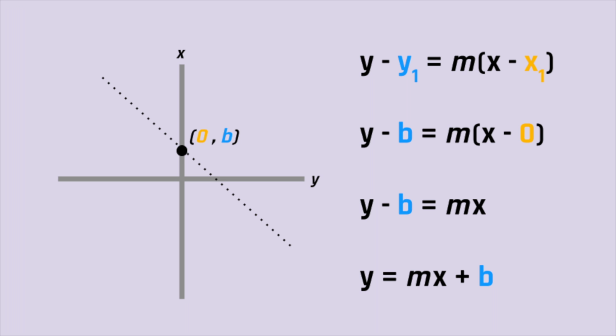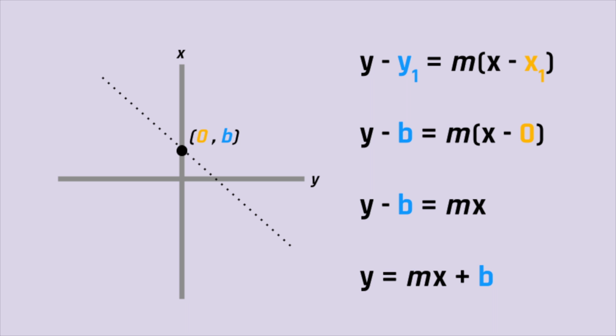Now, the slope-intercept form is a special case of the point-slope form, when the given point happens to be the y-intercept 0, b. If the given point is 0, b, then by definition of equal ordered pairs, x sub 1, y sub 1 is equal to 0, b, and x sub 1 is equal to 0 and y sub 1 is equal to b. Since this is the case, I can substitute those values into the point-slope form, which subsequently becomes